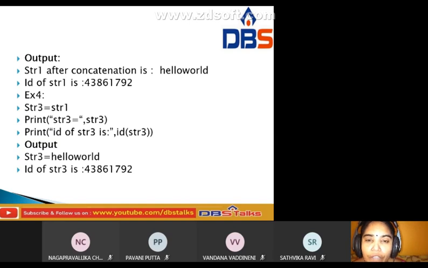The id of str3 is the same id, because str3 equals str1. That is why the memory address of str3 is also the same as str1.